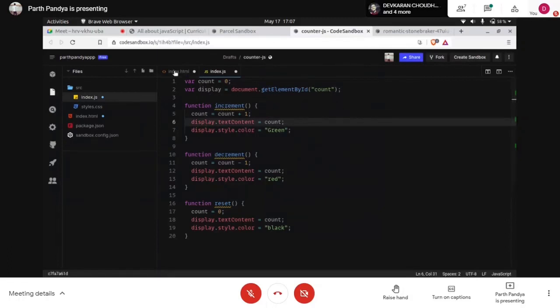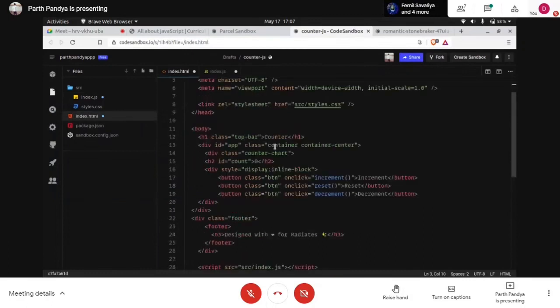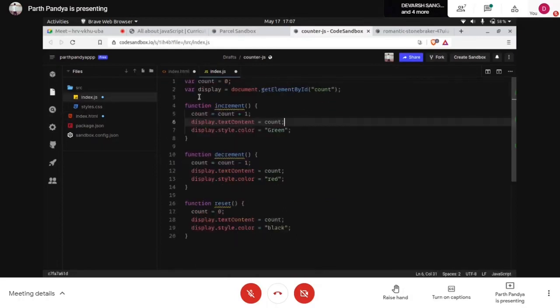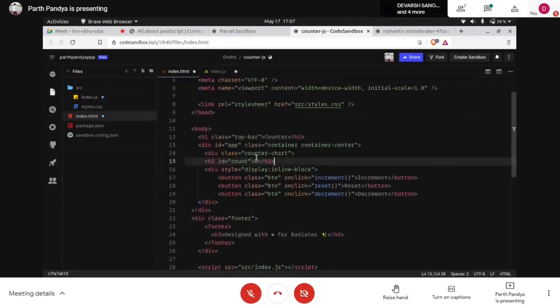What we generally want is for something to be displayed here, let's say in the heading. In the heading, we have count, and we want the count itself to be displayed here. Upon clicking on increment, we want this 0 to be changed to an incremented value of this integer, right?